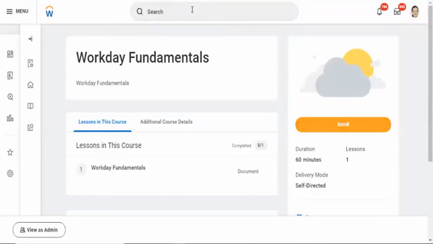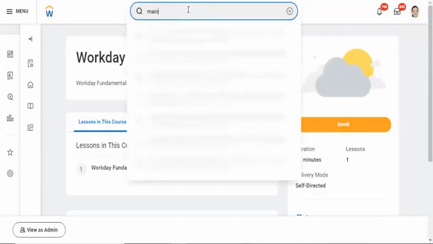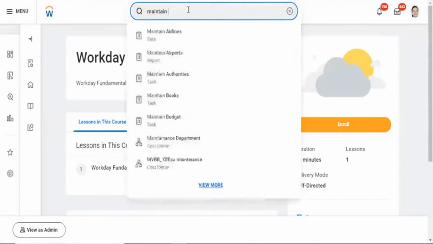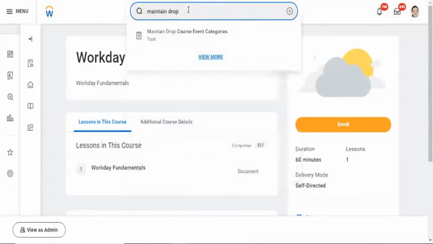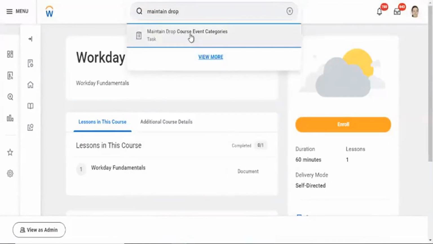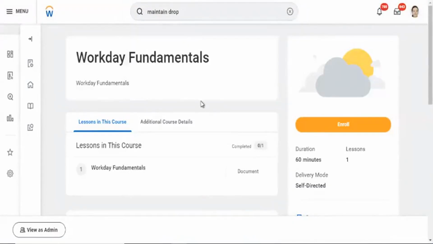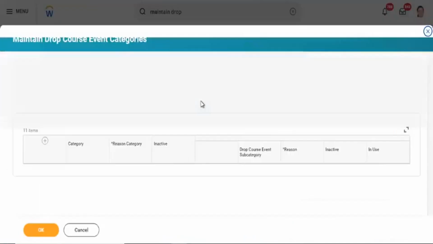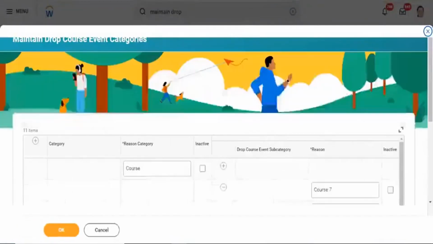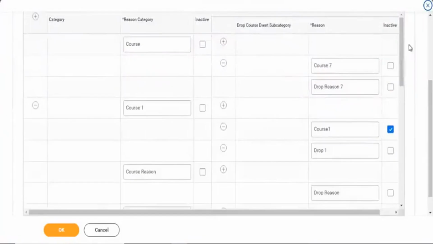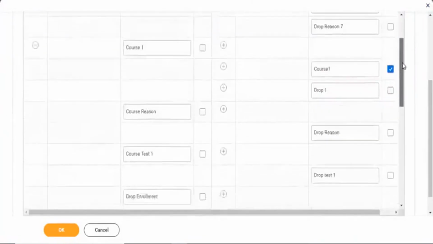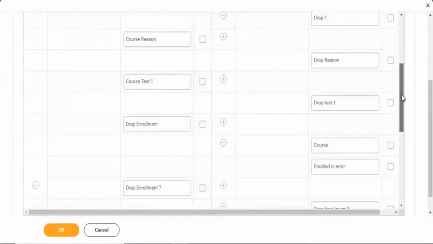The reasons are a configuration: Maintain Drop Course Event Categories. Here we'll be configuring all the reasons for drop. Whatever you have seen here, you'll see all those things here.